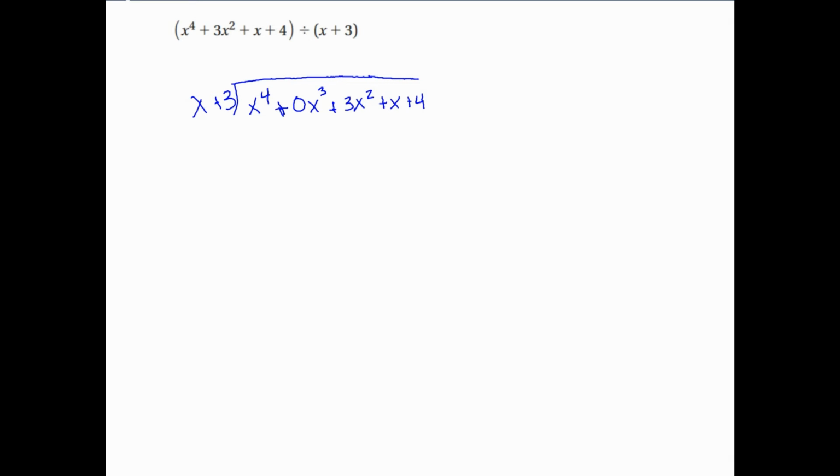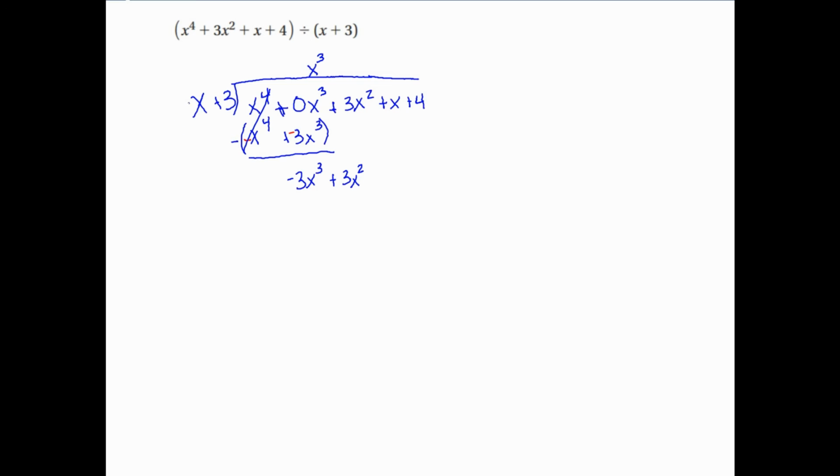Alright, so x goes into x to the 4th x cubed times, so x cubed over my x cubed term. So x cubed times x gets me x to the 4th, and then x cubed times 3 is going to be positive 3x cubed. And then subtract, parentheses, and flip your signs. So minus and minus. Those are going to cancel out, and then 0 minus 3x cubed gets me negative 3x to the 3rd. Bring down the 3x squared,